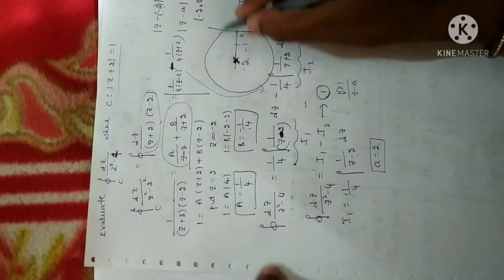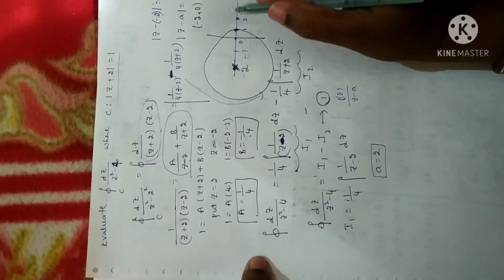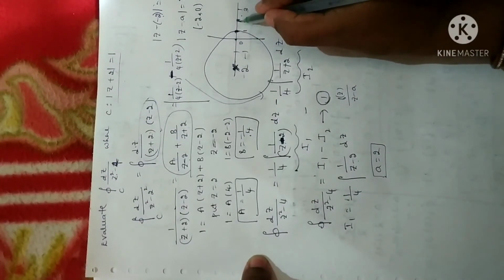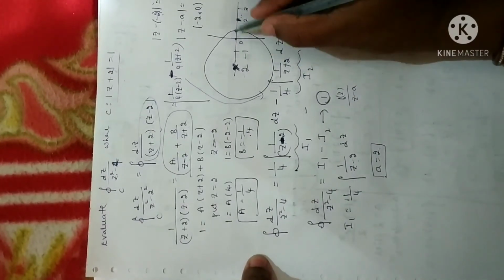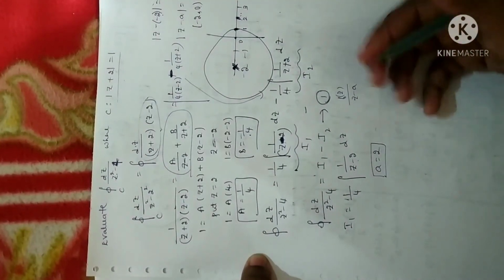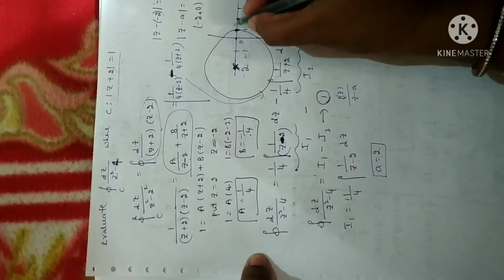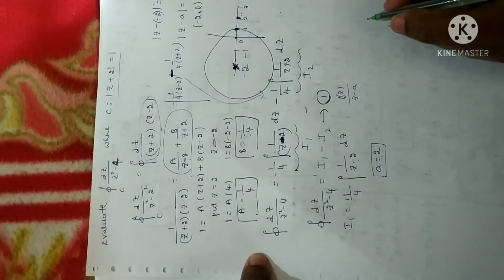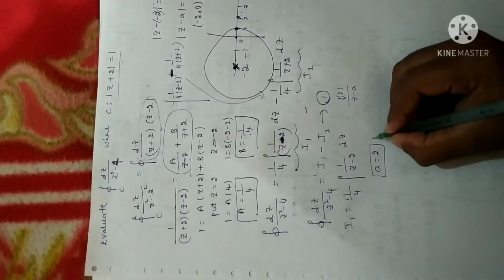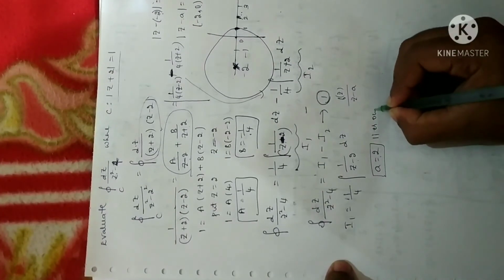Right. So you should not write all this diagram in our exam. It is explained only for your reference. Remember, a is equal to 2 lies outside the circle. So definitely it is not inside the circle. So there is no need to check for f of z. If it lies outside the circle, you can directly apply Cauchy's theorem, thereby its value goes to 0. Anyhow, you have to mention it. Since a is equal to 2 lies outside the circle,